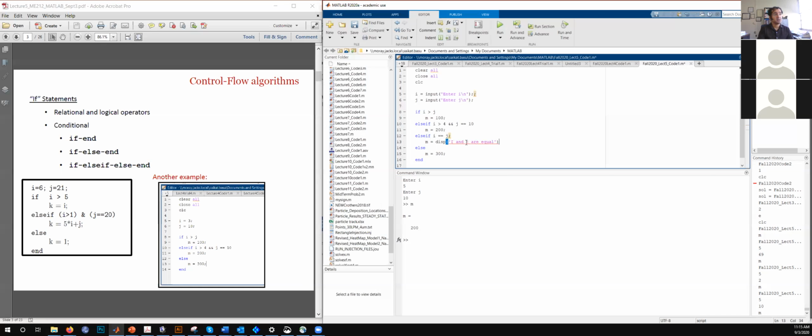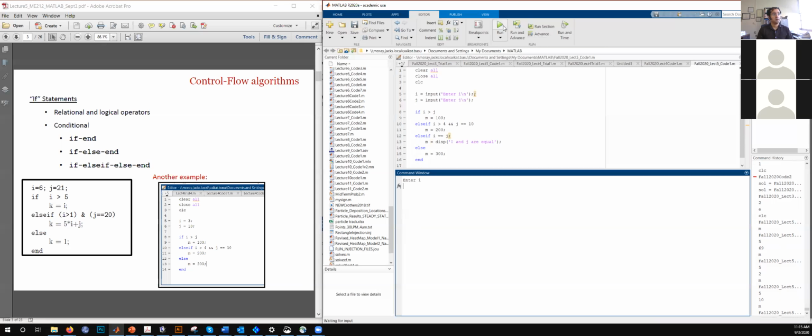So this is another thing that you just learned, how to give an output, like a line that would pop up when you run this code. So let's see if this one works. Save this and then run this, and then enter i 10, enter j 10, and then type m.